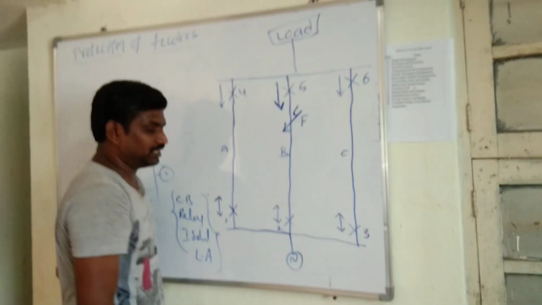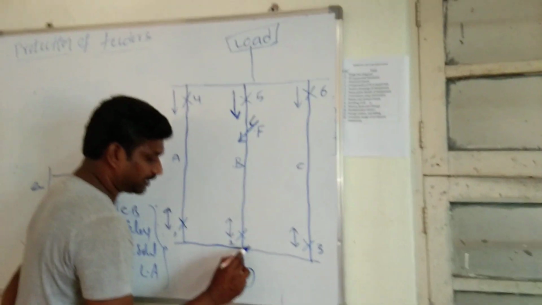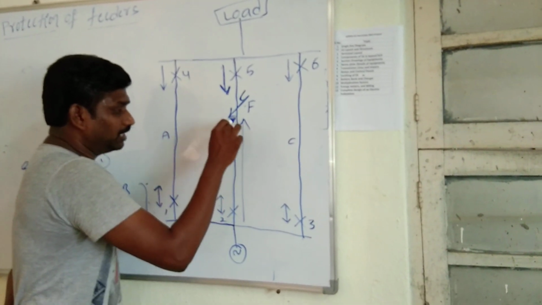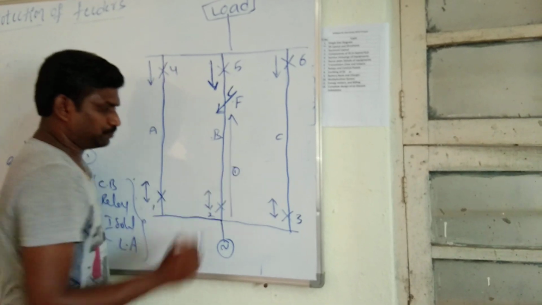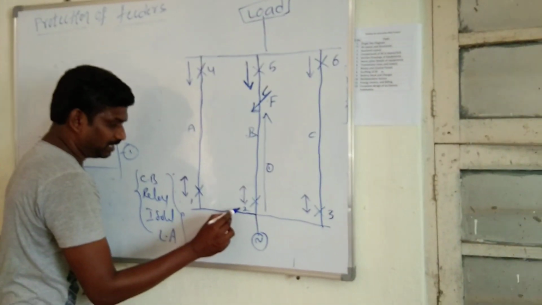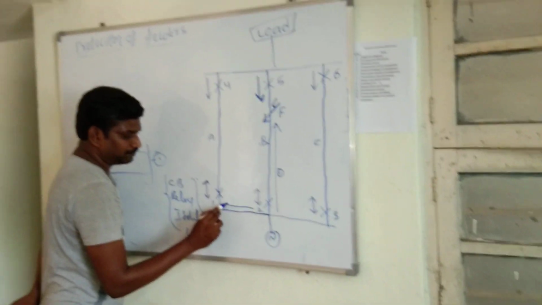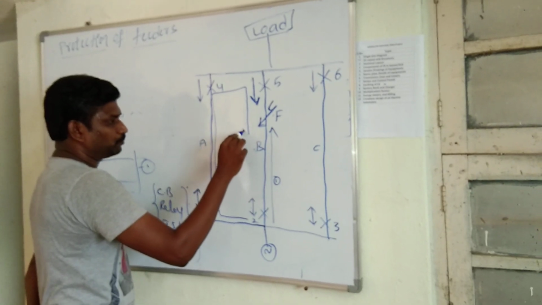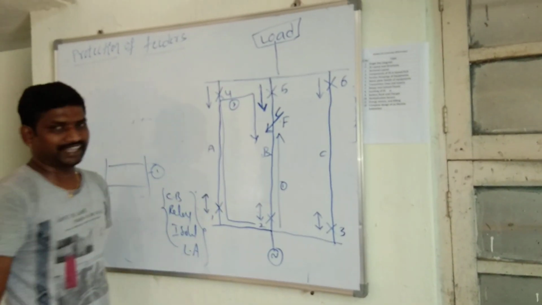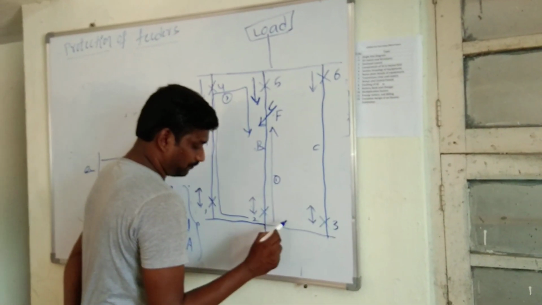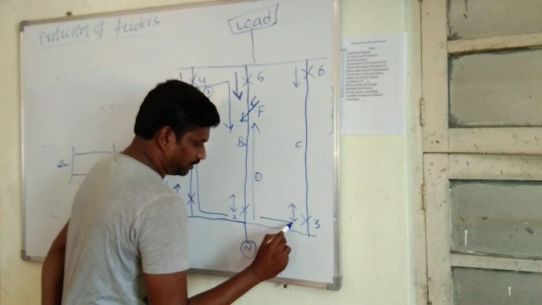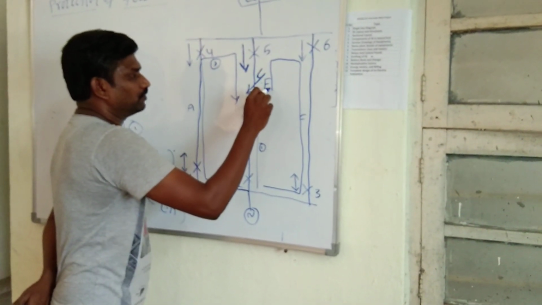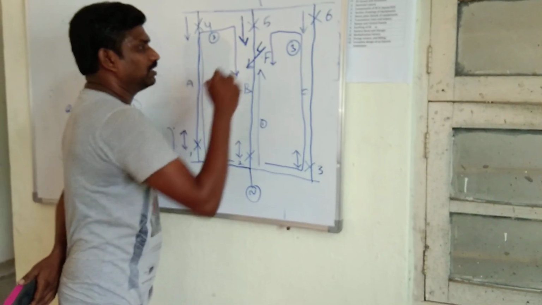During this case, what is the fault current direction? First, the fault current will be fed directly from the generating station to the fault point through feeder B. Let us assume it is the first path. And what is the second path? That is from the generating bus bar through feeder A to the load bus bar, and from the load bus bar to the fault point. Let us assume it is the second path. And the third path is from the generating station bus bar through feeder C to the load bus bar, and from the load bus bar to the fault point. Let us assume it is path 3.